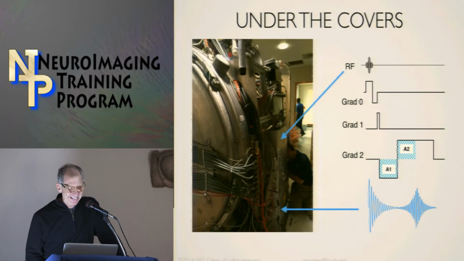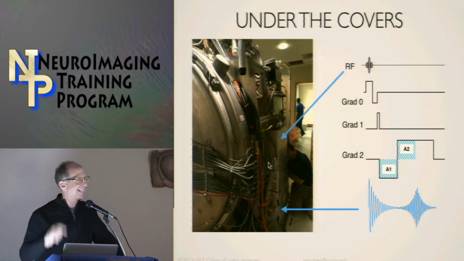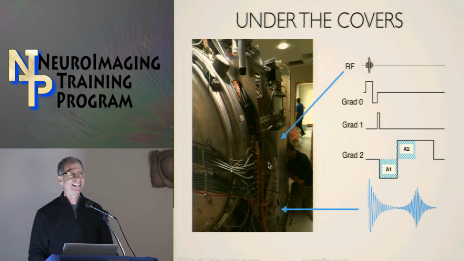These days the radio frequency transmitter is actually inside the magnet covers. That location is a radical advance because it keeps all of the electronics associated with the scans inside the room, which means there's less leakage of noise through wires that you connect. In the current generation of scanners, the RF power transmission is over here, and the RF receivers, which pick up our signal, are right over here,